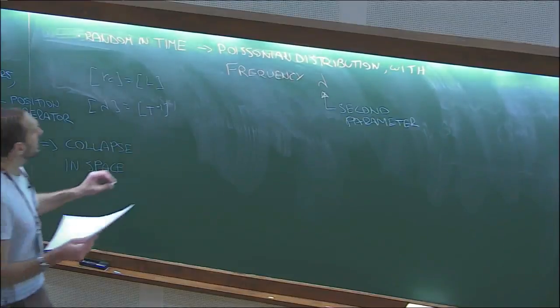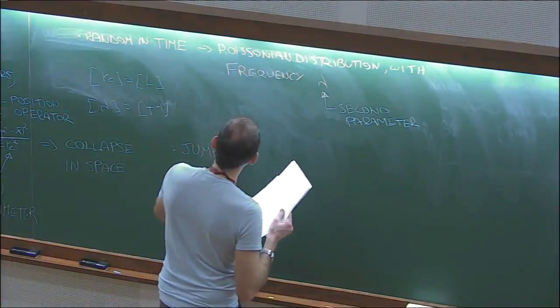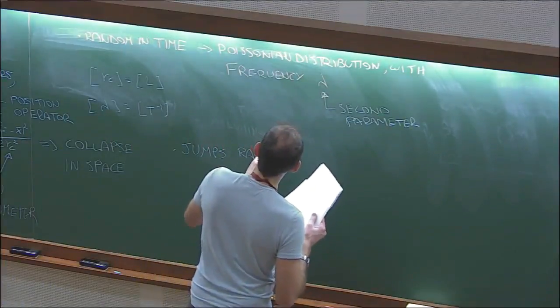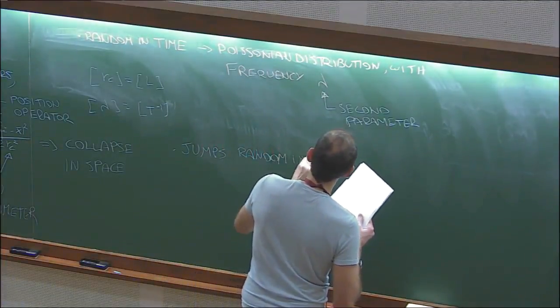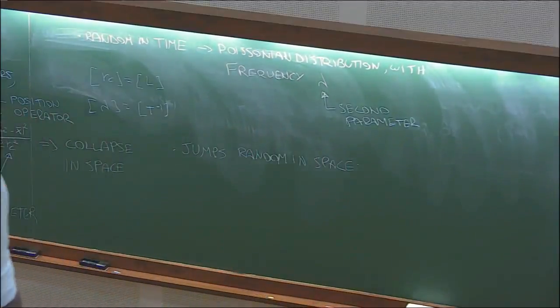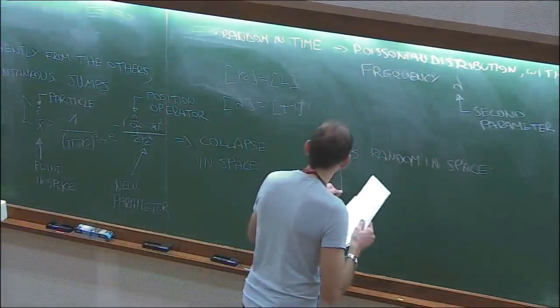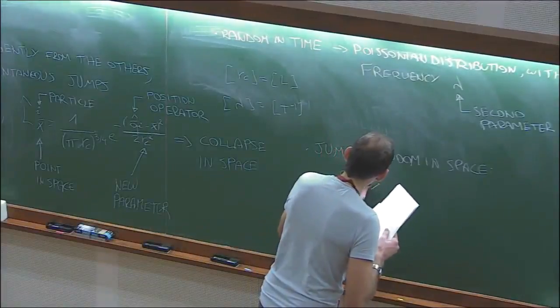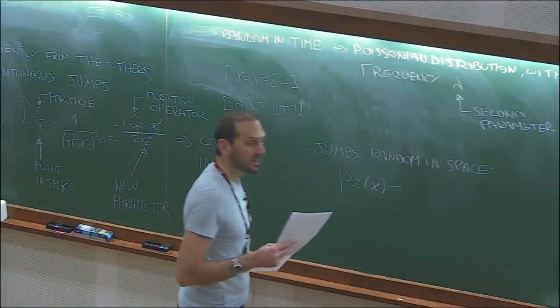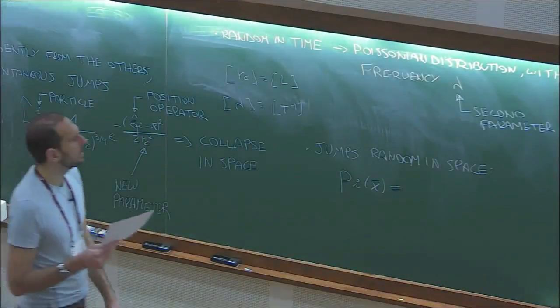But the jumps are random in space. We don't know where they occur around point x, we don't know which point. And the probability density for the particle I to experience a jump around position x is equal to